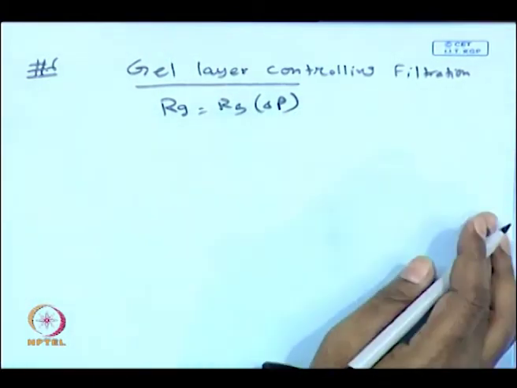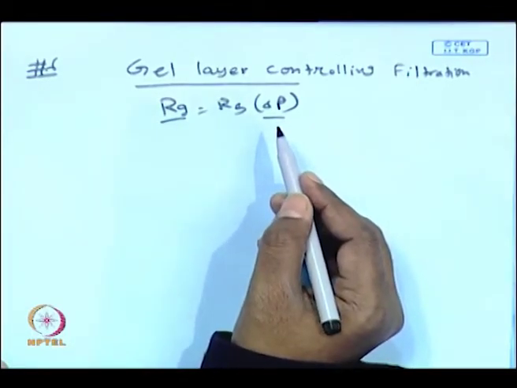What does that mean? That means if you increase the transmembrane pressure drop, the gel becomes compact. Okay. So, if the gel layer resistance is independent of delta P, that means the gel layer is incompressible. If it is a slow function of delta P, then it becomes compressible. So, you will be getting a slight modification or variation of the permeate flux with operating pressure. Okay. So, one can find the optimum operating conditions or optimum transmembrane pressure drop one has to apply in case of a gel controlling filtration.